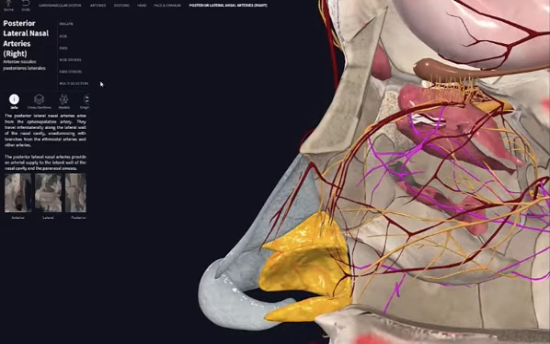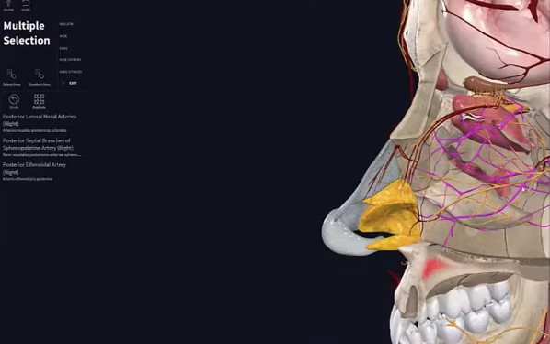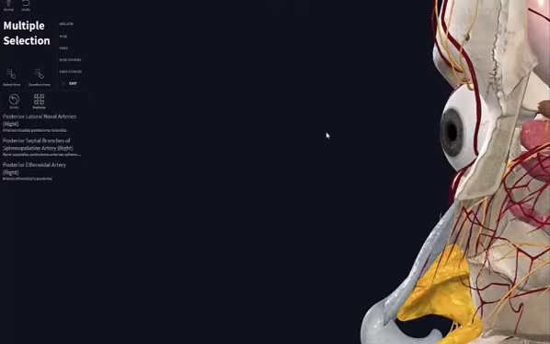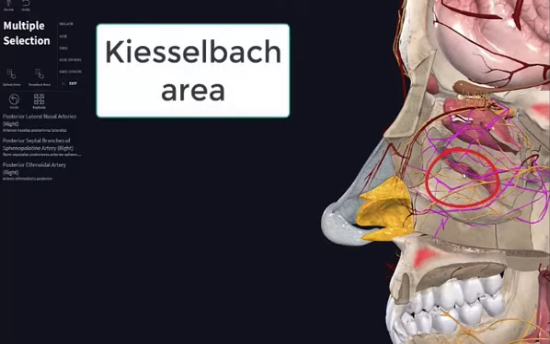So the arterial network that we see is quite important, because I'm sure that you have heard of people who have frequent and, at times, concerningly heavy nosebleeds, right? Well, this is a very vascular area, isn't it? And especially on the slightly more anterior part of the nasal septum, the area is going to be called the Kiesselbach area,